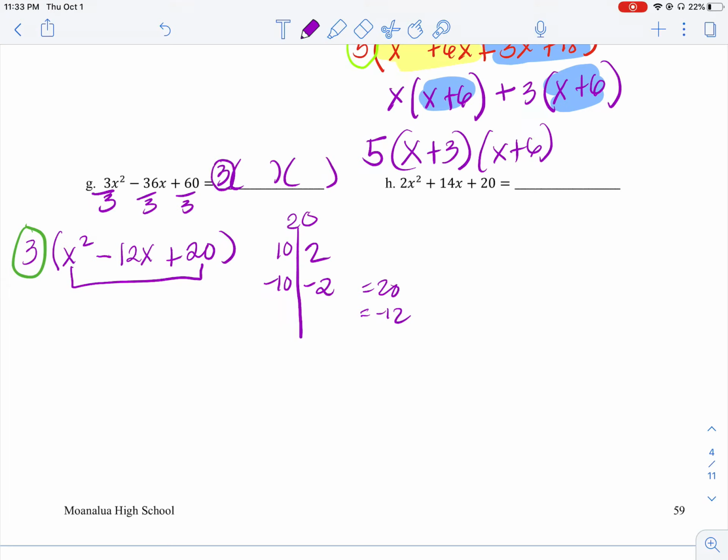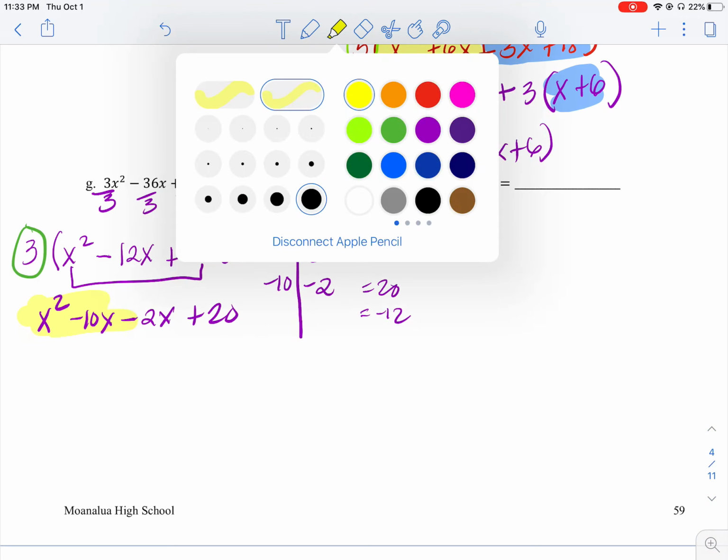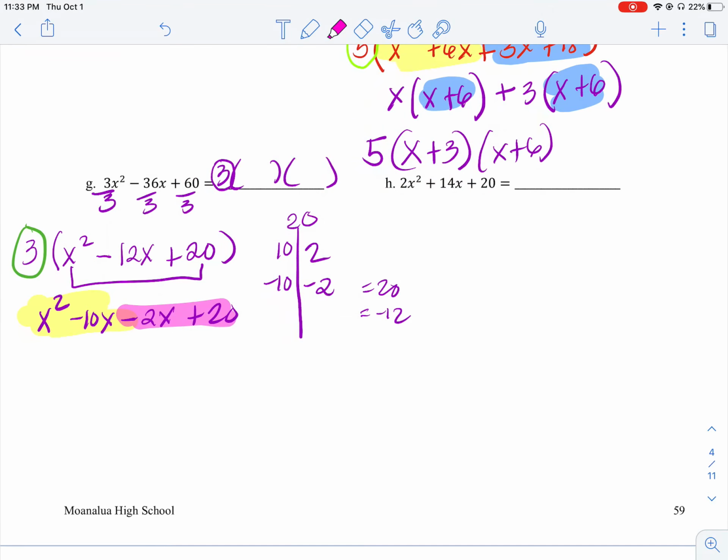And I already have that there on my final answer anyway. So I have, where am I? X squared minus 10x minus 2x plus 20. Let's verify. You got x squared, you got 20. And these together will give you a negative 20. Okay, so again, we're going to group them. Group this together, and then I'm going to group those two together. I will then end up with